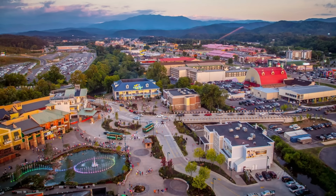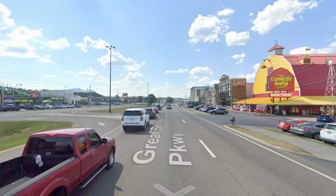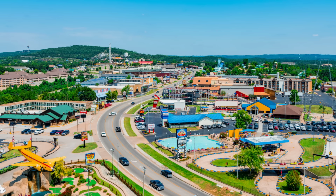Tourist towns are an integral part of America's history and development process. I'm sure you know what I'm talking about with wax museums and go-karts and other economically focused activities. This is an idea seen throughout the country, but it's fascinating to explore the similarities because all of the largest